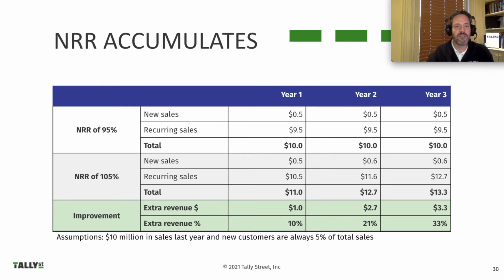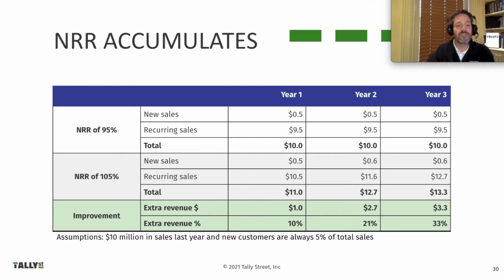That means in this year, year one, we would expect them to have $9.5 million in recurring sales, because of the 95% revenue retention rate applied to the $10 million from the prior year. And then from that $10 million, 5% comes in new sales, so we're right back where we started at $10 million. So essentially, if the net revenue retention rate is 95% and 5% comes from new sales, this business is just going to remain flat in revenue for the foreseeable future.